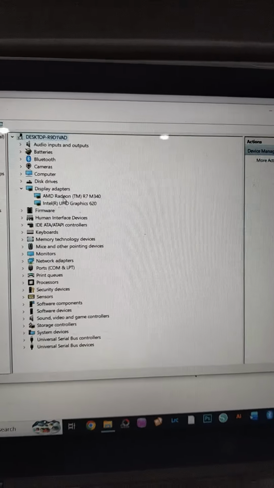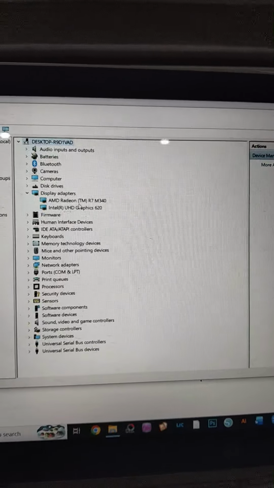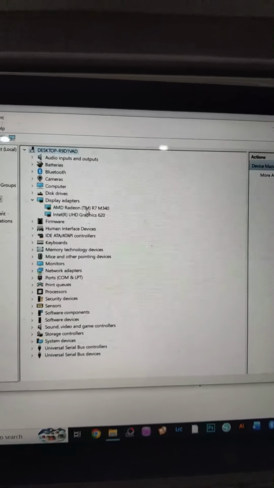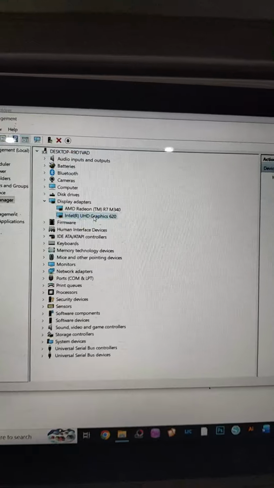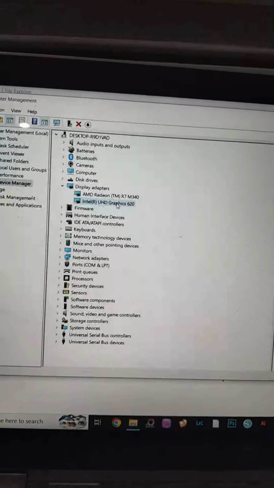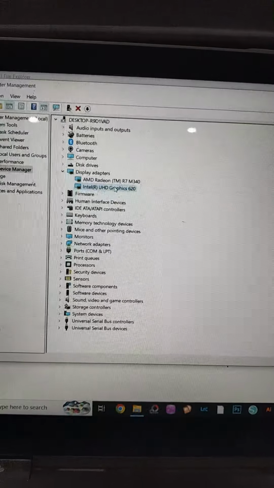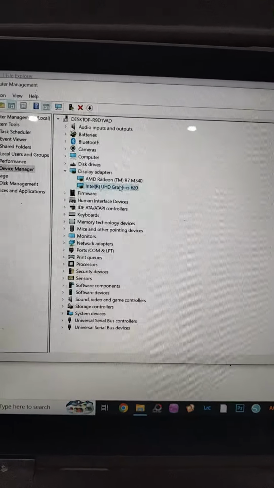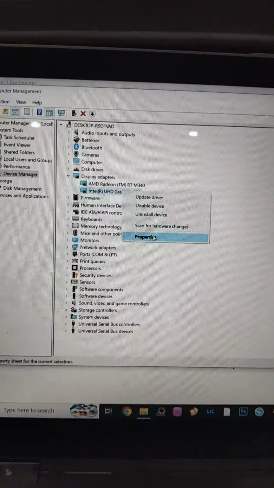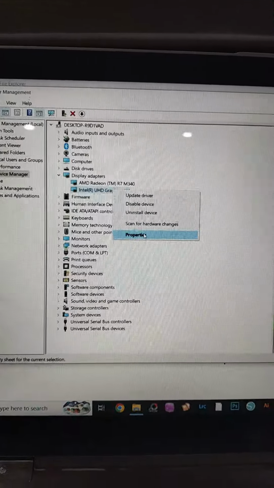If you're updating something like your graphics card, just click any of your graphics cards. The graphics card I am using right now is the Intel. This is the main graphics card that I'm using in this laptop. Then go to Properties.